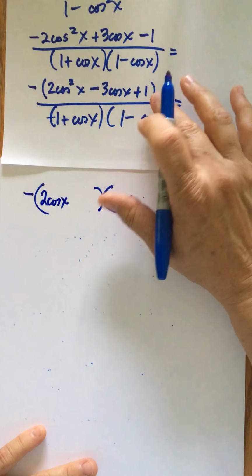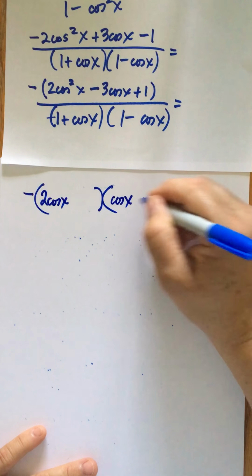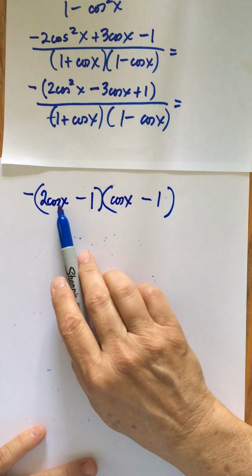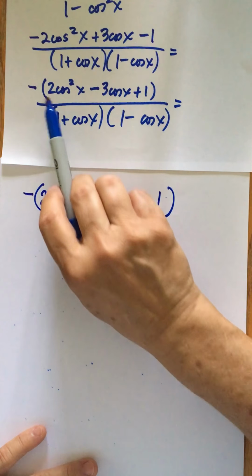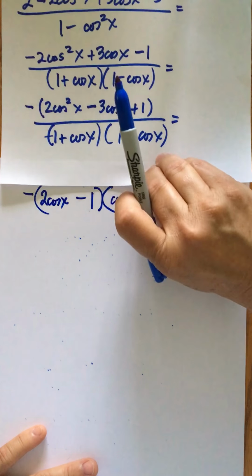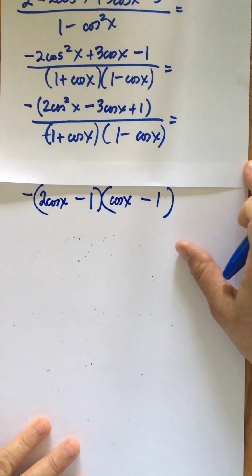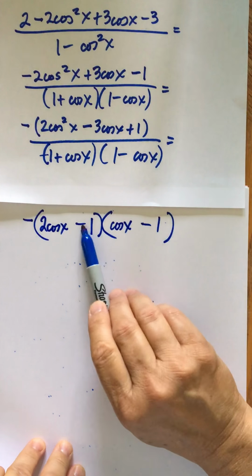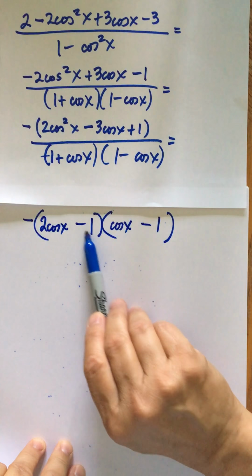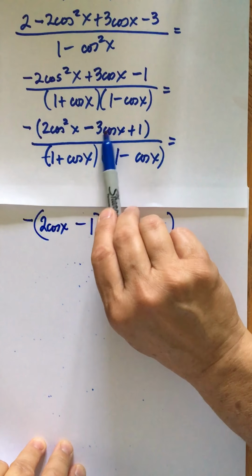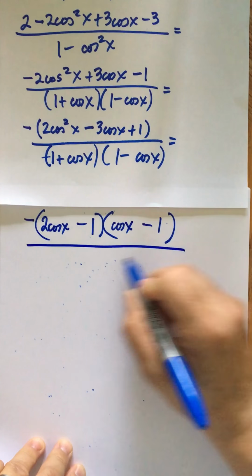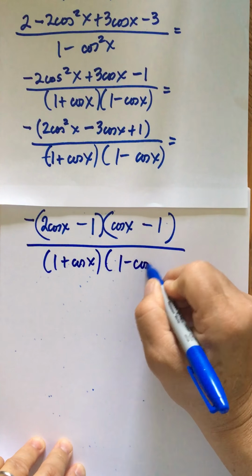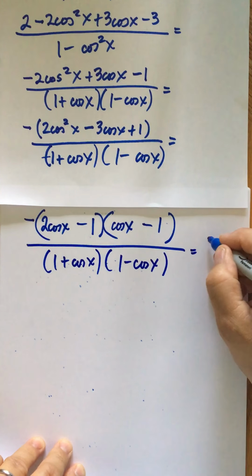And then we need a 1, but a minus 3. So we're going to have a 1 and a 1, and they're probably going to be both negative. Let me double check. So I'd have 2 cosine squared x. And then, let me bring this down, make sure you could really see it. Need to cover everything. All right. Negative times a negative is positive, and then you have minus 1 minus 2 is your minus 3. So that looks good. All over 1 plus cosine x, 1 minus cosine x equals